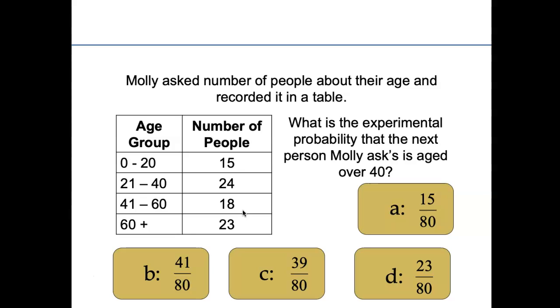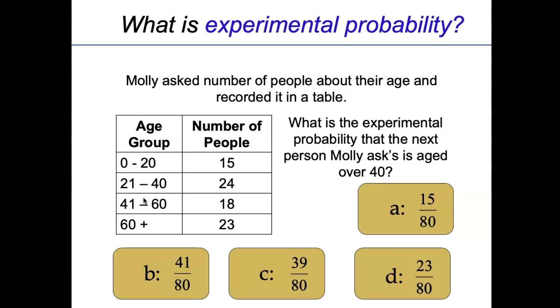So Molly asked a number of people about their age and then recorded it and then organized the table in this manner. So we want the probability of the next person that Molly will ask based upon the result of the experiment that she already did. What is the probability that the next one will be a person that is age over 50? So take a look at the table, find the age over 50 and get the probability. Let's have it. Okay, the answer is